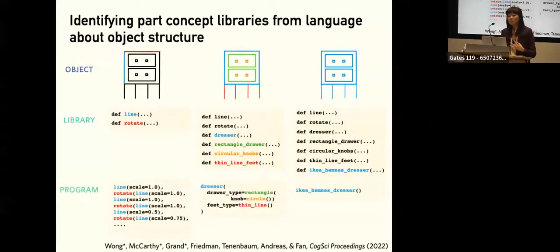Then programs that you can write with those libraries will also be different. With the leftmost library, the programs are necessarily going to be very long, since you only have lines available. With the rightmost library, you could get away with a minimum length program that invokes just that one IKEA Hemnes dresser function. And then for the library of moderate complexity, in the middle here, you're looking at programs written at an intermediate level of description, of abstraction, and you might use a dresser function parameterized with arguments to tell you